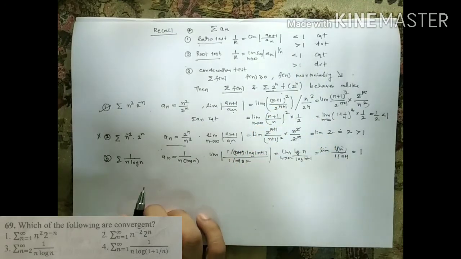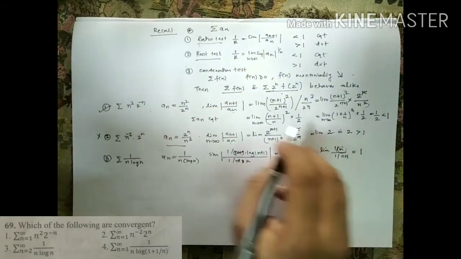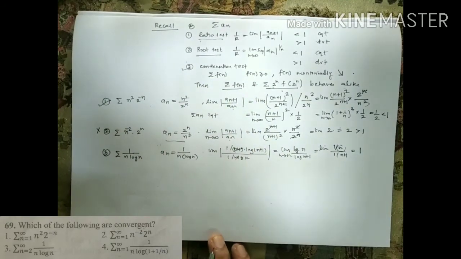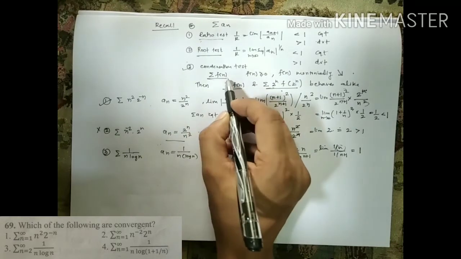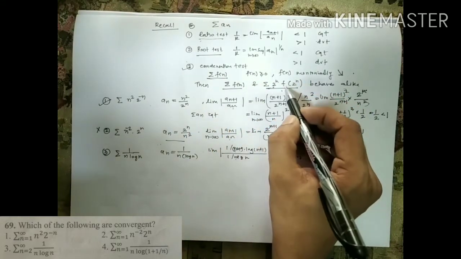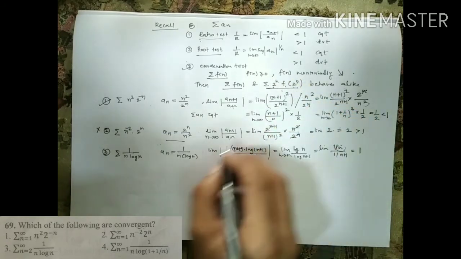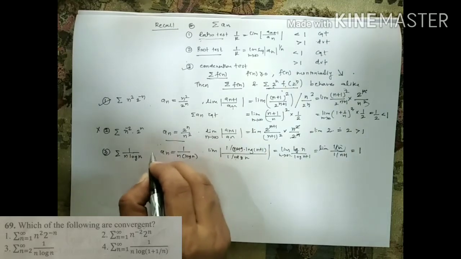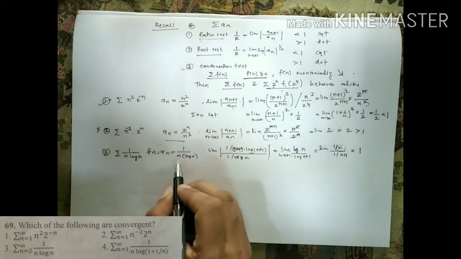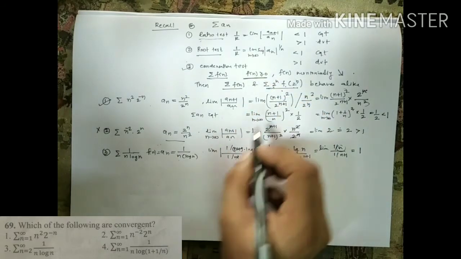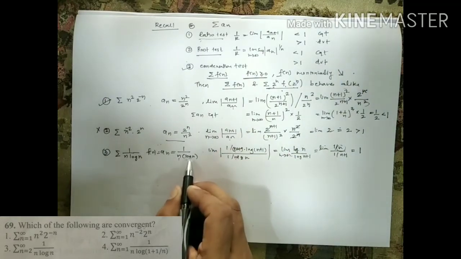So if my ratio test fails, by root test also I am going to get 1. So what we'll do, we will try to use the condensation test. Okay, so let's try to use this. The condensation test says the series f(n) and the series 2 raised to n f of 2 raised to n behave alike. So we have to look for this series. So this is nothing but my f(n) in this case. First, it says, is f(n) non-negative? Obviously f(n) is non-negative for all natural numbers. Is it monotonically decreasing? Obviously yes. n log n is monotonically decreasing.